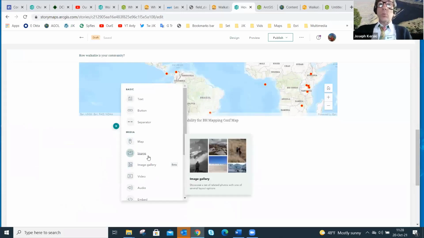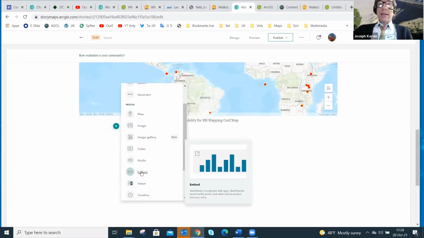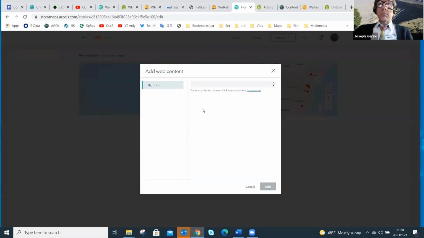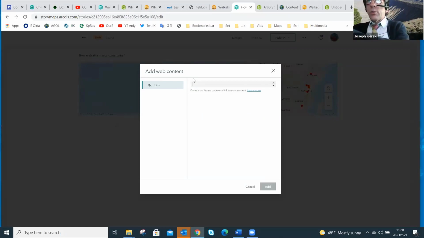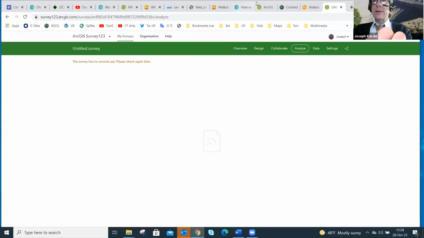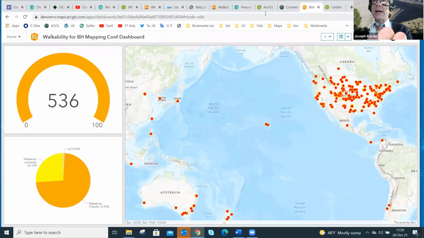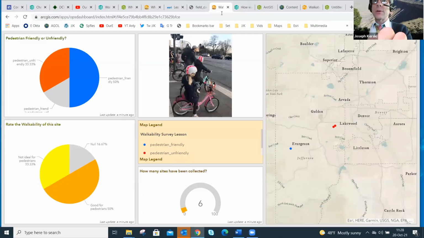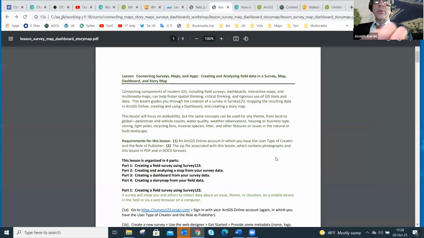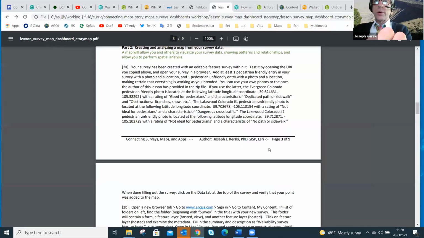So I can say, well, gosh, I don't want that, of course. That's my quote from before. So what I really want is my dashboard. Let's go back to my tutorial. Okay, unfortunately I erased my tutorial, so let's go back to it, no worries.